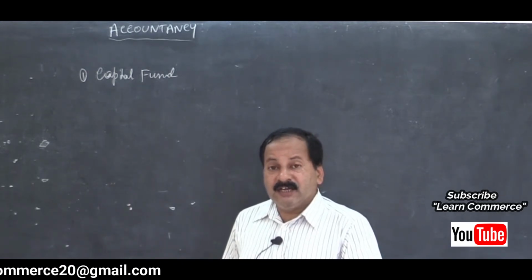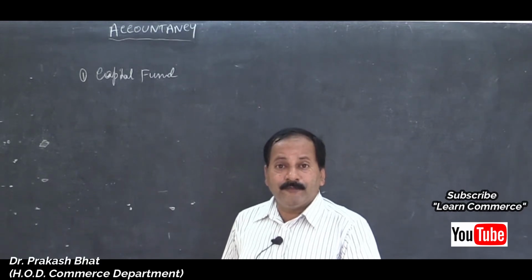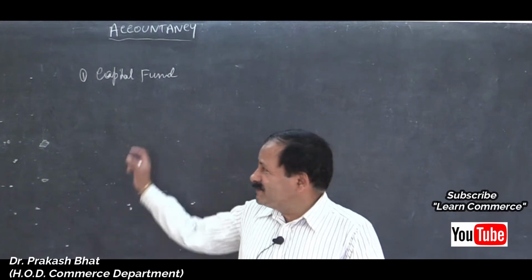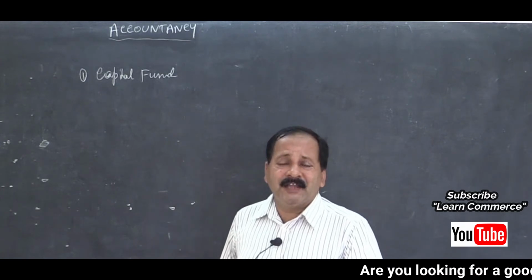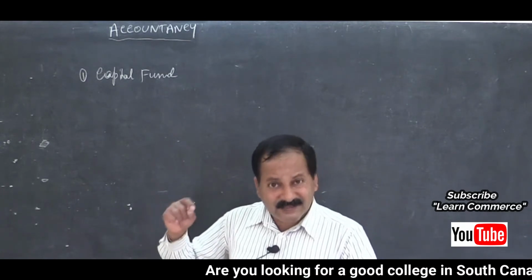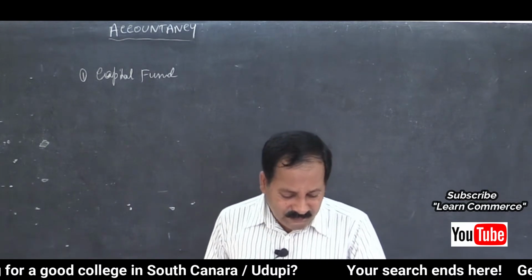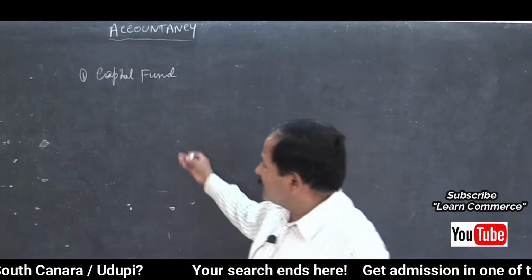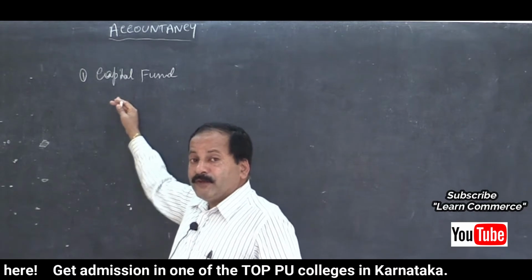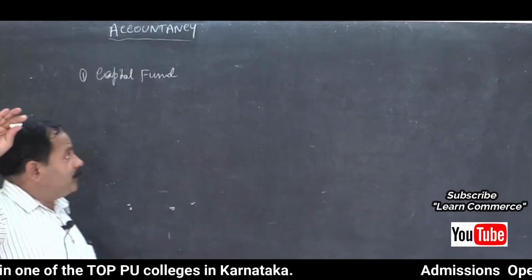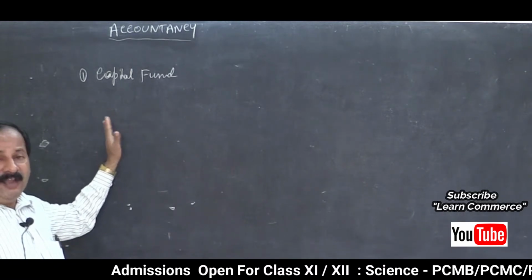They are not established for earning profits. They are established for providing social services. So it is just like a fund which can be used for promotion of art, culture, education, or whatever it is, for which purpose the organization is established. Correct? So total assets minus liabilities is equal to capital fund in case of not-for-profit organizations, or it is the difference between the total assets and total liabilities of a not-for-profit organization, and it includes